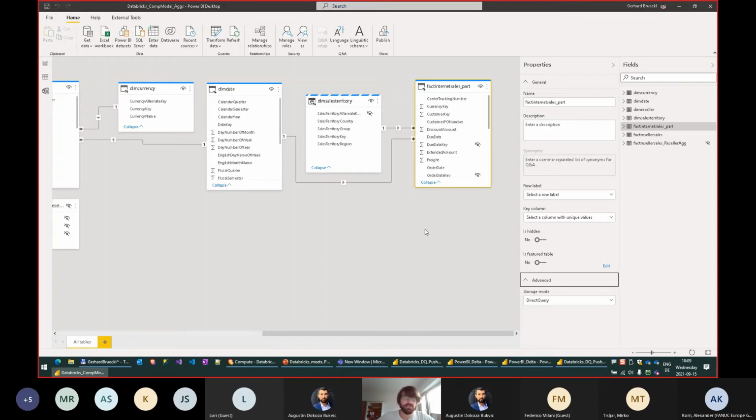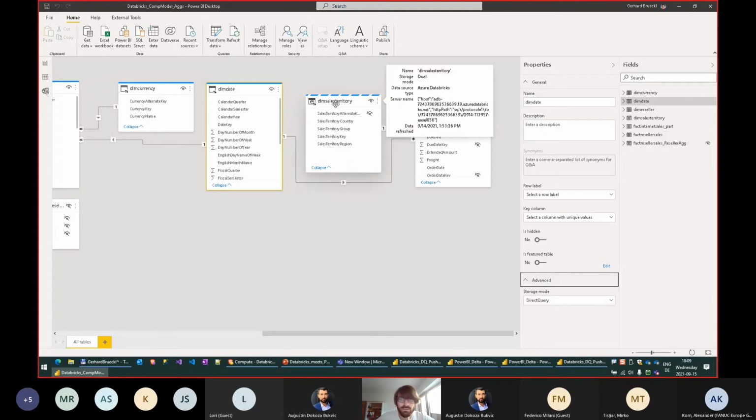It is linked to the dim sales territory that I will use for filtering. This one is in dual mode. And we do have a dim date that's also in DirectQuery mode. Actually, sales territory can also be in DirectQuery mode. Anyway,